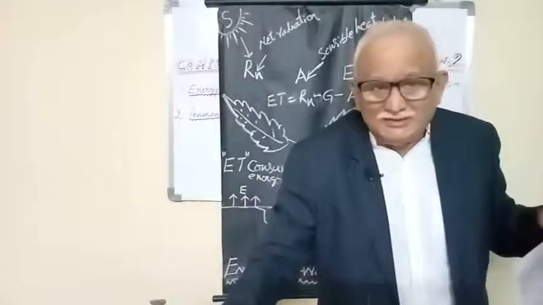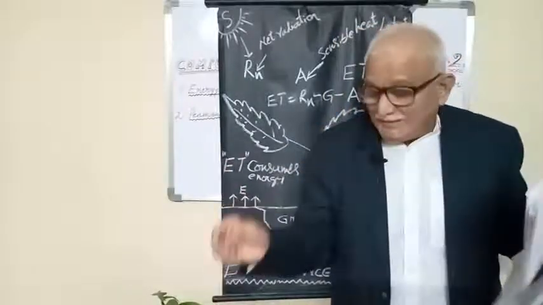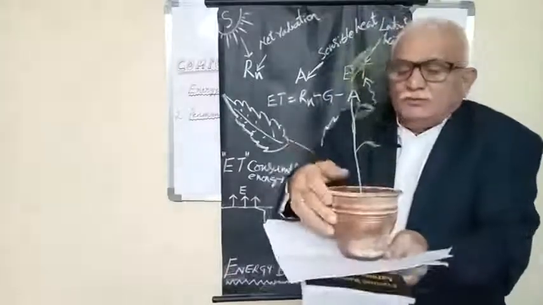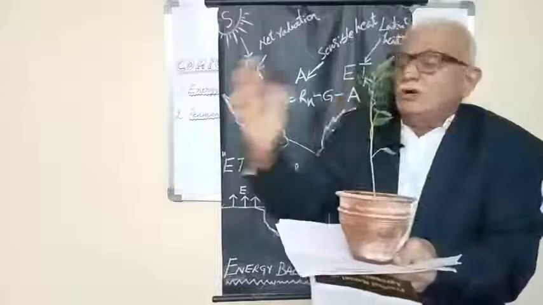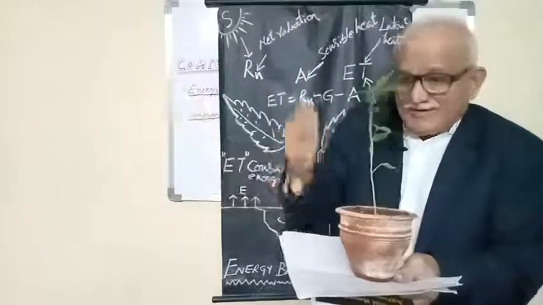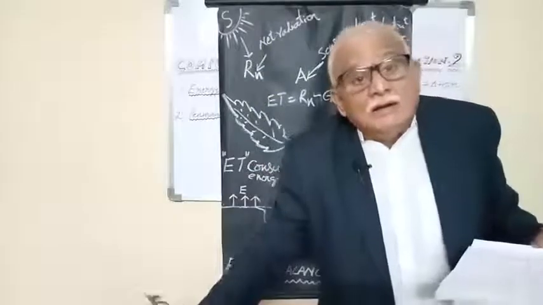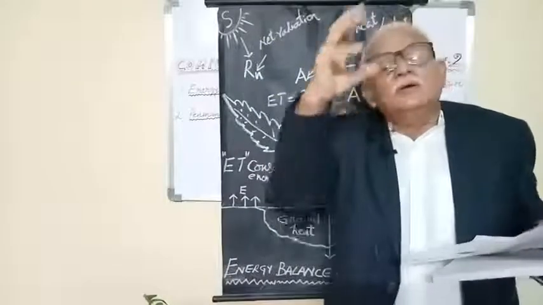Now, also this is the basics, I am not saying advanced. Net radiation plus some energy coming from advection. What is advection? Presume that energy is coming from this side, or energy is coming from this side. So net radiation plus energy coming from advection is the incoming energy, that is the source.